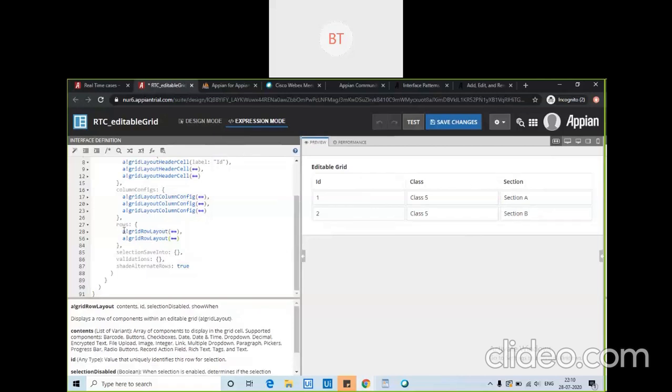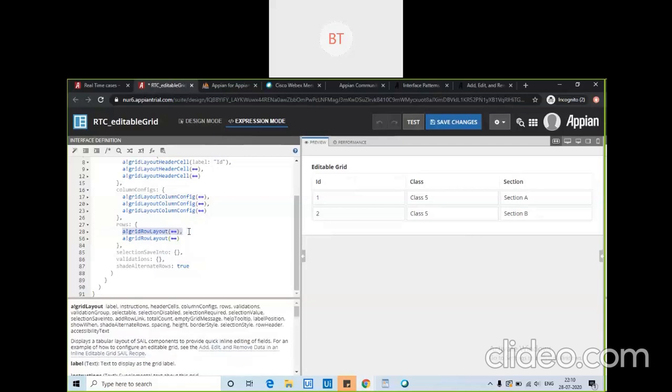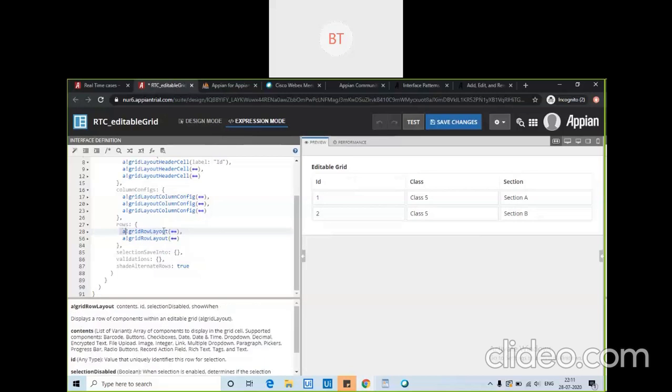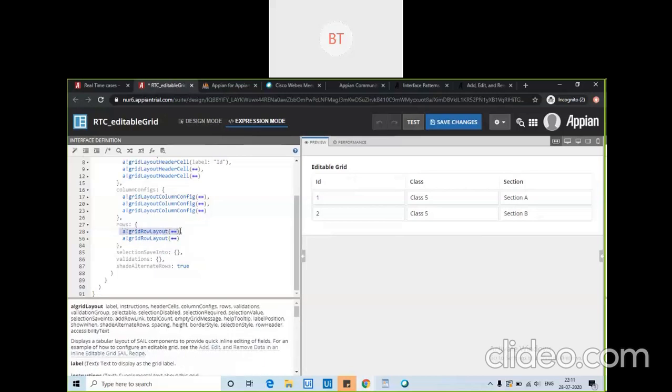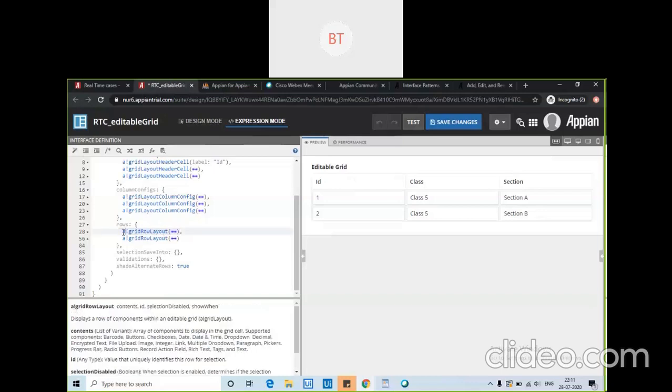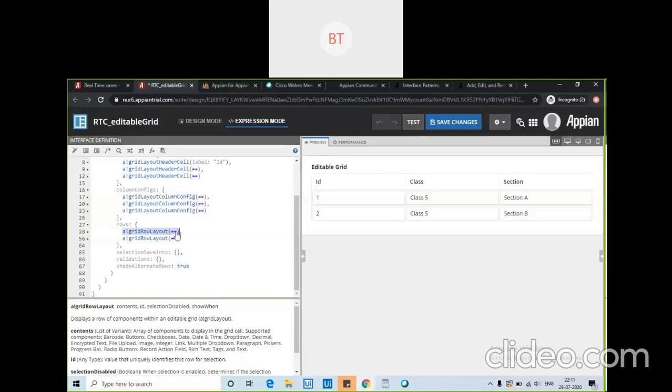Now come to the point of how to make this thing dynamic. What we know here is that this grid row layout makes one row. Now we don't know how many rows we need to create. So what we will do is loop, based upon whatever the count is in the database. We will loop these rows. Suppose there are 1,000 rows in a table, so we will loop this grid row layout part 1,000 times and paste it here like that. I will just show you how to do it. Let me delete this.